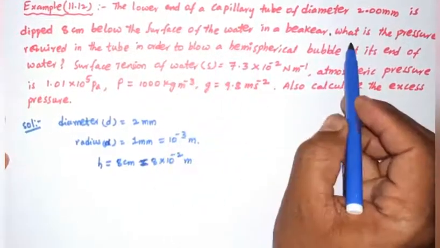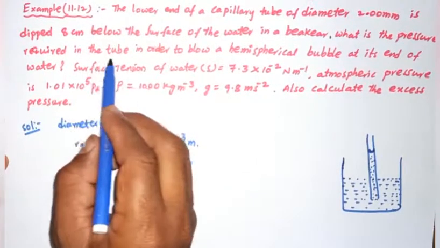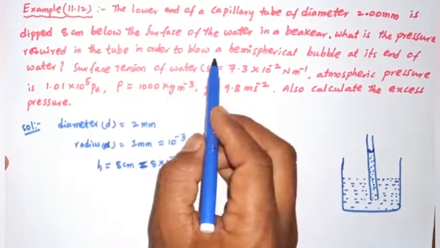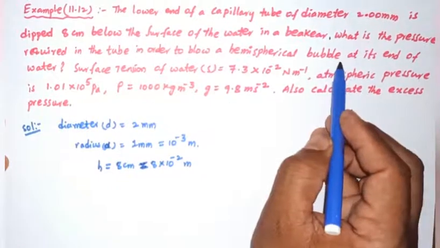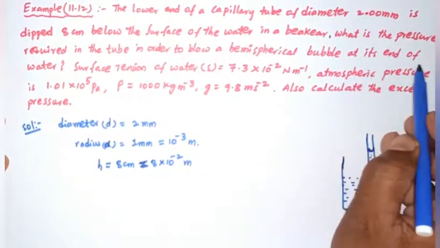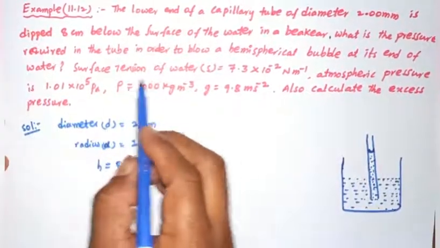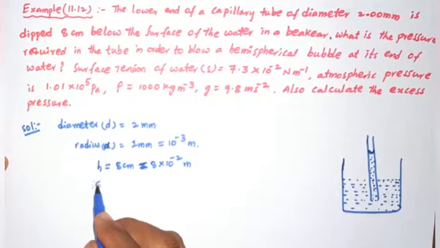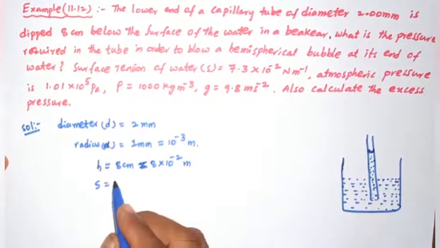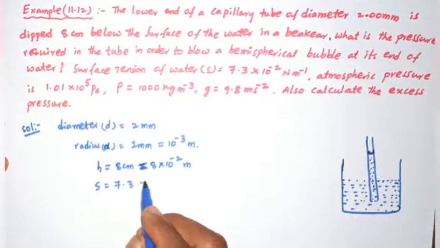What is the pressure required in the tube in order to blow a hemispherical bubble at its end in water? Surface tension S equals 7.3 into 10 to the power minus 2